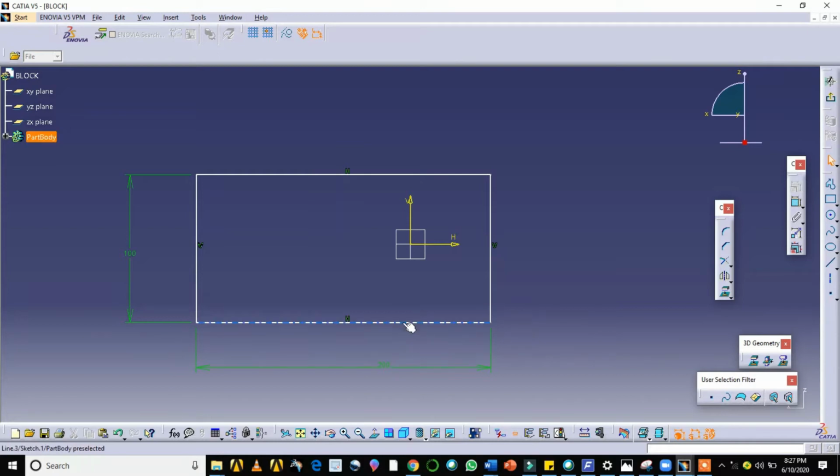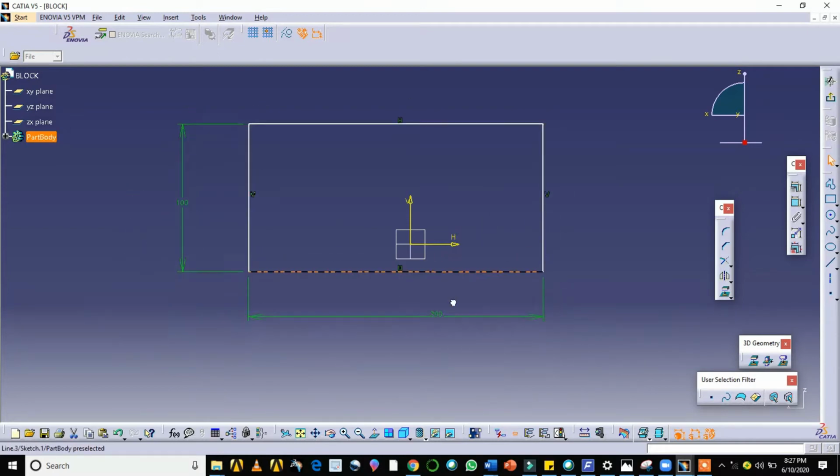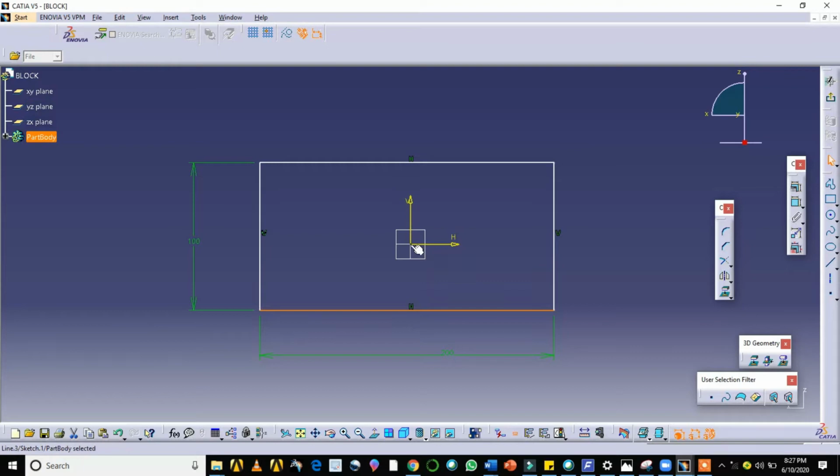Now still it is moving. Why is it moving? I need to give the dimensions with respect to this origin. This is the origin. So click on the constraint command. You select this. Once again I'll do it. Sorry.